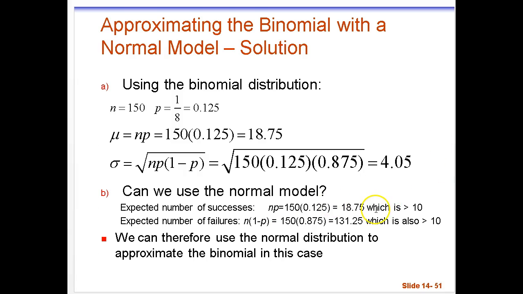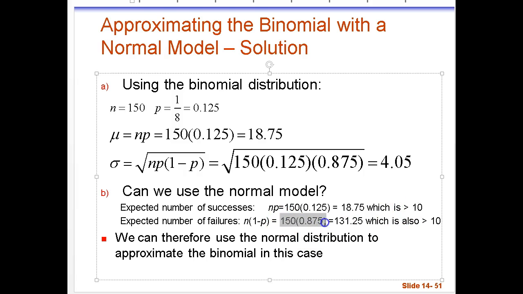So I expect 18.75. That is a number that's greater than 10. And at the same time, I expect that the number of these 150 frogs that don't have the genetic trait, which is a failure in this case, is 131.25. That's also a number greater than 10, so my two conditions here are met,